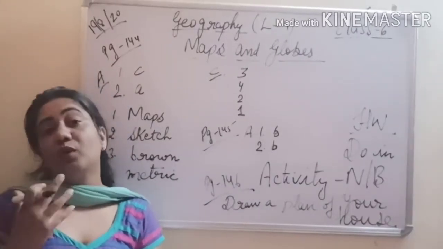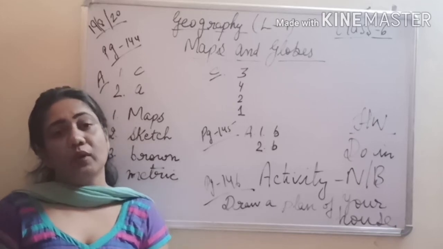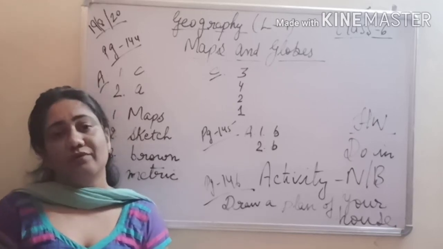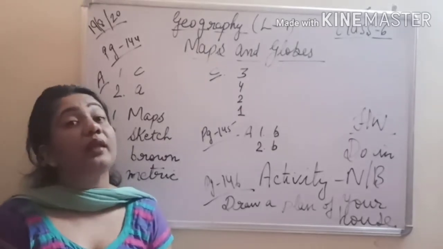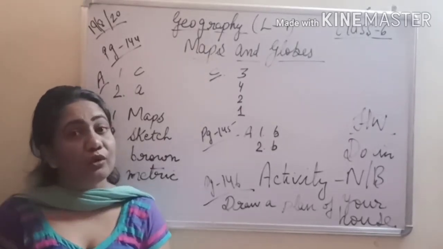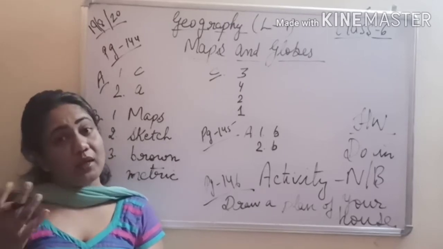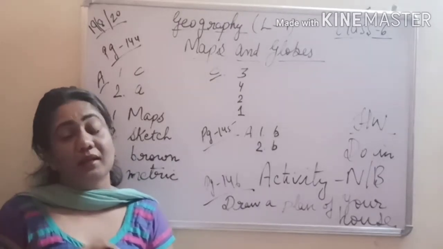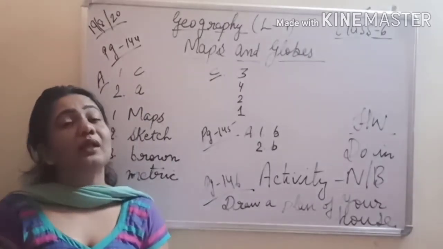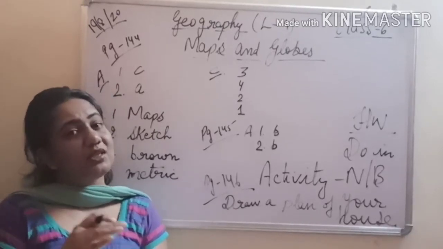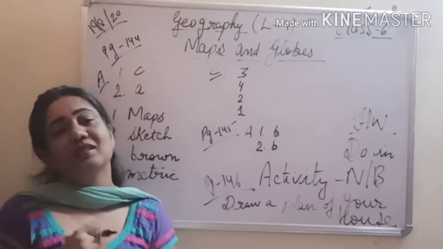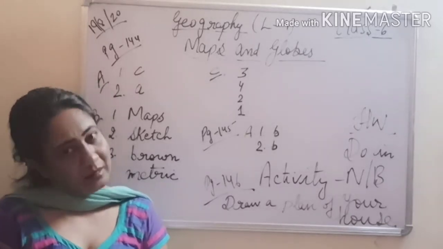So next what we are going to do is we are going to start with one of the chapters of history according to the syllabus, and we'll be studying about the Vedic age. We'll be studying about the 4 Vedas that we have, the Rig Veda, the Yajur Veda, the Atharva Veda and the Sam Veda. So we'll be starting with lesson number 5 of history. So before you come to class, I just want you to read at least first and the second page so that the concepts are clear.